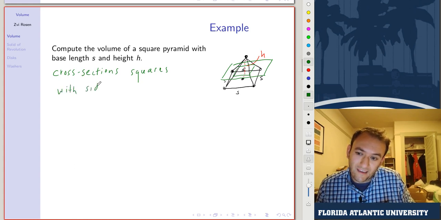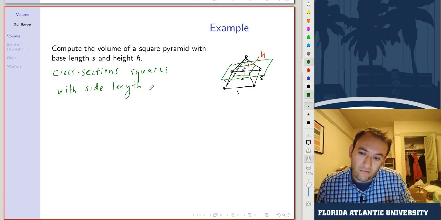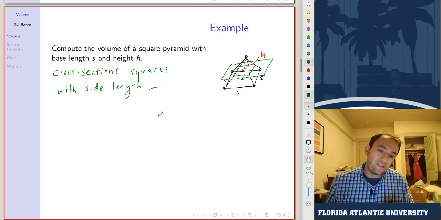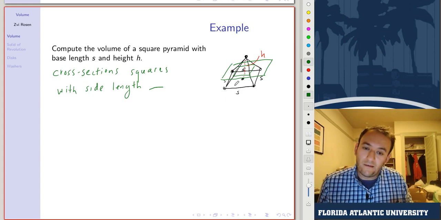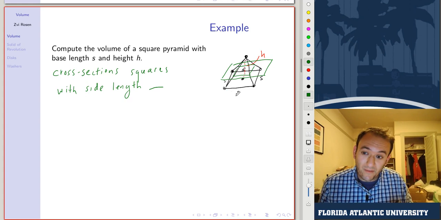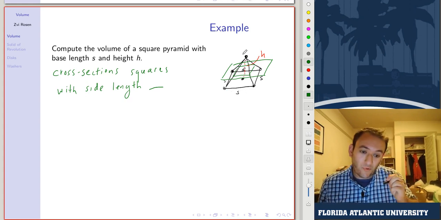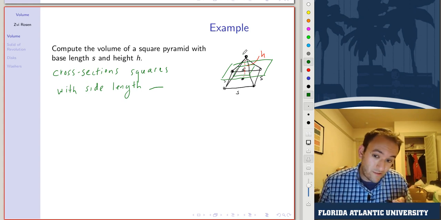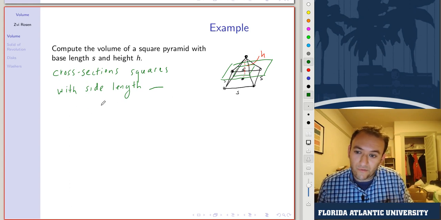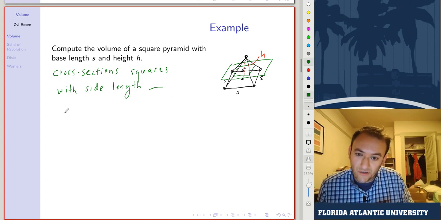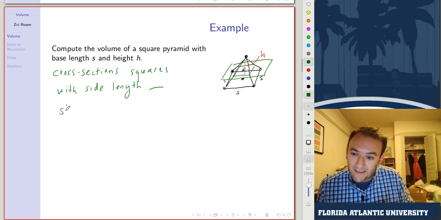Squares with side length, and this is the tricky part. Let's leave it blank for now. We need to figure out what this side length is, because we know to start it's going to be s, right? Because we're given that the base of the square pyramid has side length s, and at the highest point, the square becomes a point, so it's going to have side length 0. Okay, so if we're expressing that in terms of h, we know that s of 0